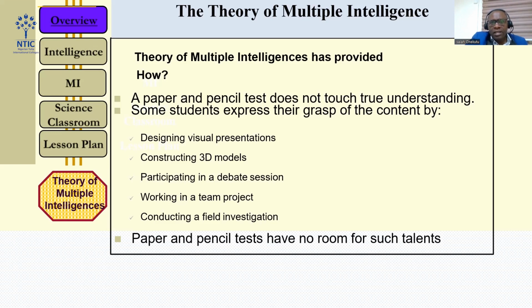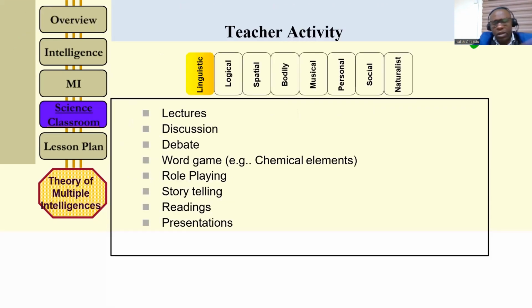Of course, there is the fact that no two learners learn the same way. No two learners exhibit the same kind of intelligence. There could be multiple intelligences and their learning styles could be different. And if that be the case, then we have to adopt these intelligences into planning our lessons. Now we're going to see what styles you can adopt by having at the back of your mind these intelligences or these learners in your classroom. We want to see the teacher's activities based on these intelligences.